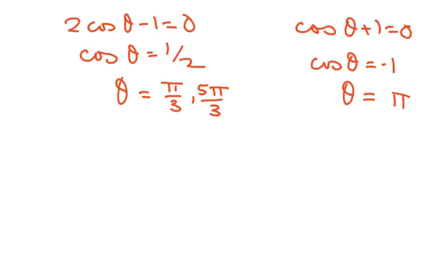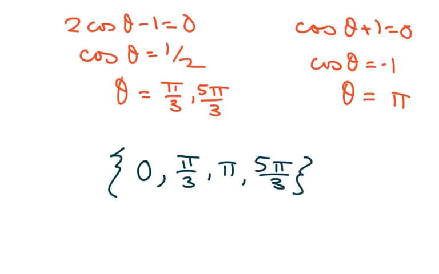Now, grouping it all together, we notice we already have pi included twice from the previous page. You don't have to write it twice. So I'm going to go from least to greatest and write 0, pi over 3, pi, 5 pi over 3. Okay? Okay, the next one I'm going to do is very